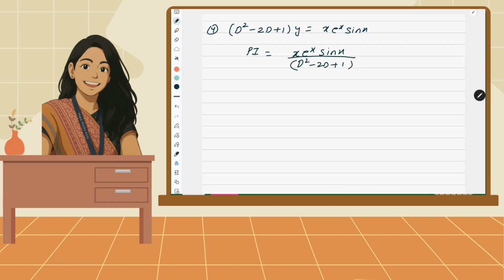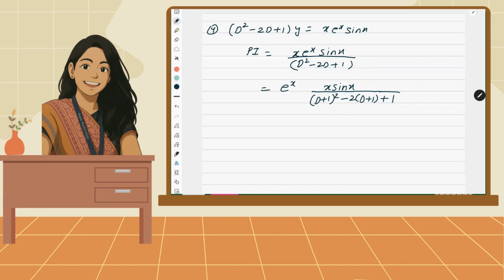Now it looks scary because I have 3 functions. But I will start turn-wise. I will start with my exponential. Okay. So when I keep my exponential out, I am left with the remaining function always. And in place of D, I should put D plus a. Here, what is the value of a? The coefficient of x is 1. So (D plus 1) square minus 2(D plus 1) plus 1.